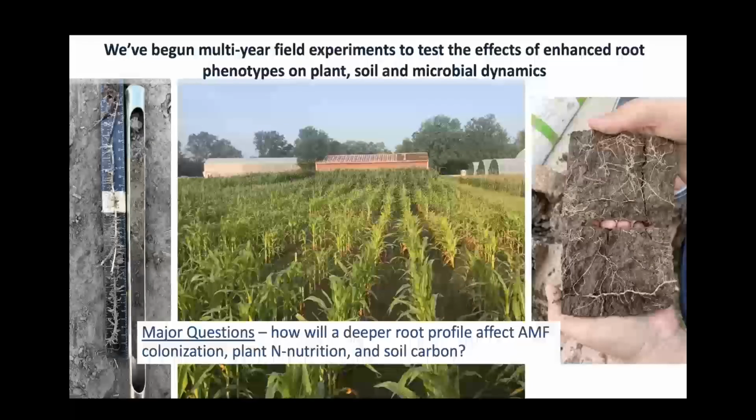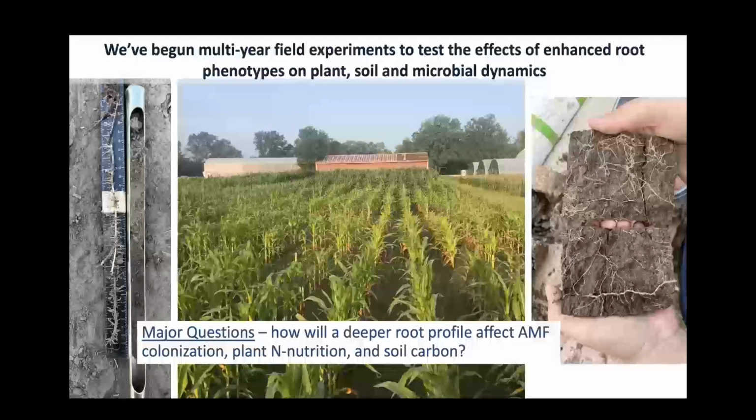Here we can basically say same genotype, different root structure because of mutations in one or a few genes. What does that mean for soil? Not just in 1 year, but year after year. So we've had long-term interest in work in AMF fungi that I won't have time to tell you about today,